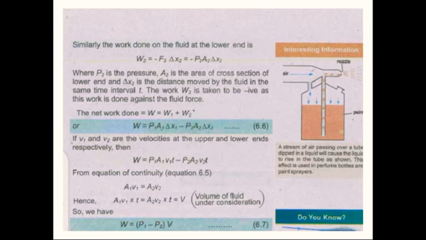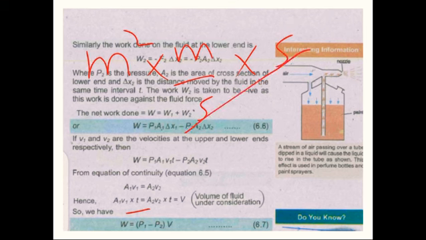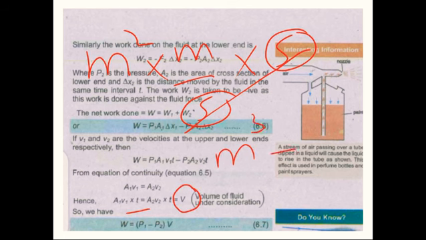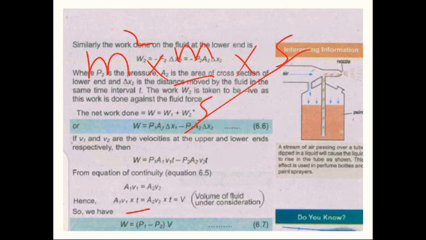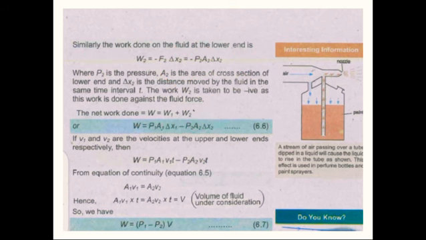A1 is area, its unit is meter square, while V1 is speed, its unit is meter per second, while T is written here in multiplication, T unit is second. This second multiplied by second cancels out with this second, as one is in numerator and other one is in denominator. So what is left behind? Cubic meter. So that's why it's written here volume, as the unit left is cubic meter, and cubic meter is the unit of volume. So in this step, A1 V1 into T is equal to A2 V2 into T is equal to volume of fluid that is under consideration.